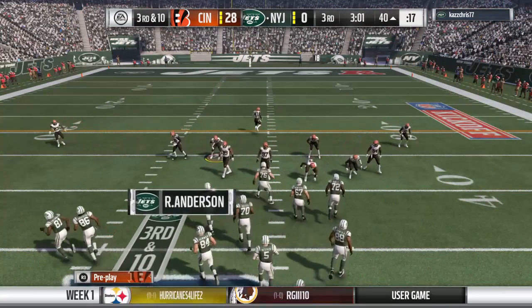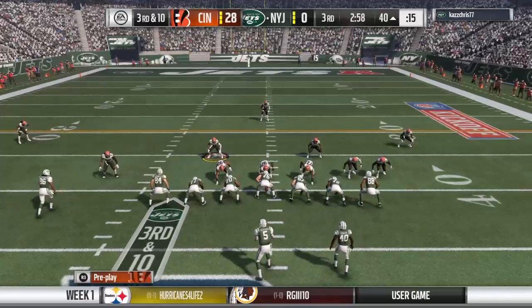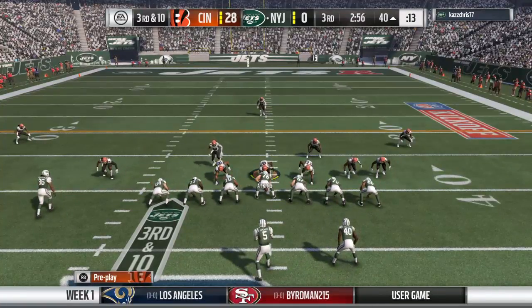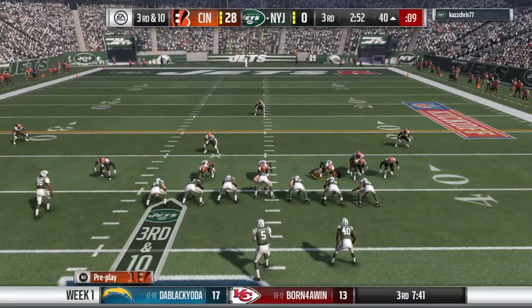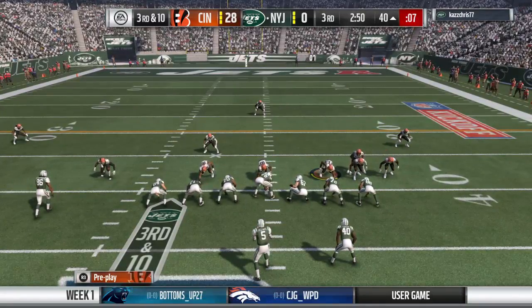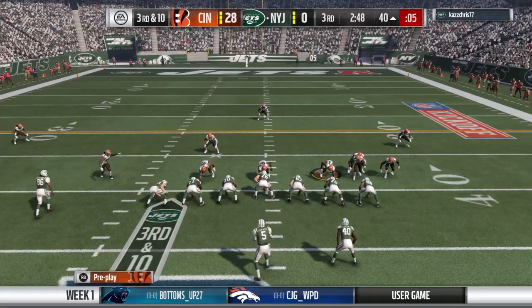Watch 84. He's going. Single. Here we go now. Boom. Smoke to Mike. Mike smoke. You don't want none of that. Get in. Pick up